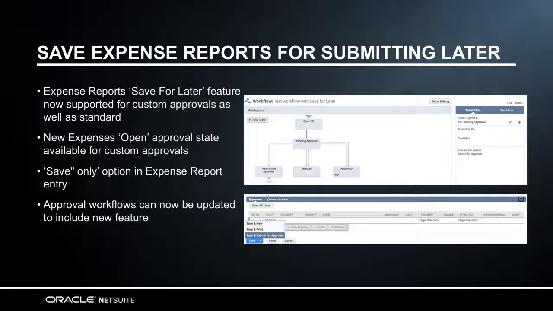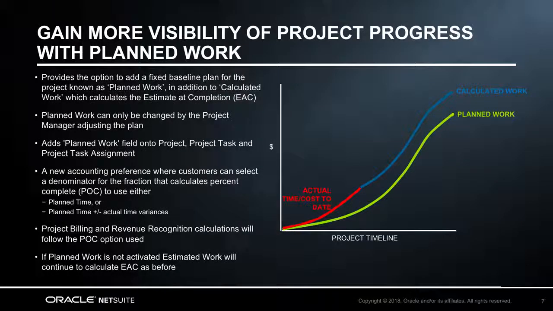Previously, estimated work was recalculated to reflect any variances between time actually worked and time planned as the project forecast. Some customers expressed a desire to enhance this powerful capability with a fixed baseline project plan for the duration of the project, in order to monitor project progress against the baseline plan as well as the forecast. In response to this request, we've provided an option to add planned work as the fixed baseline plan